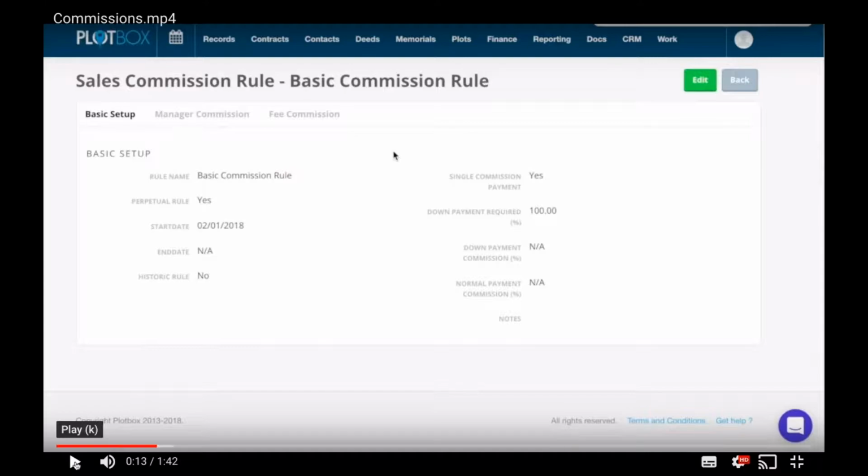And how you do that is by setting up rules that the commission report will then run at the end of the month based on those rules. And it's really easy to configure these and change them yourself in the system. So one of the first rules that we're going to look at here is the sales commission rule. So this is your standard rule. If we play on here to look at the fee commission part of it,